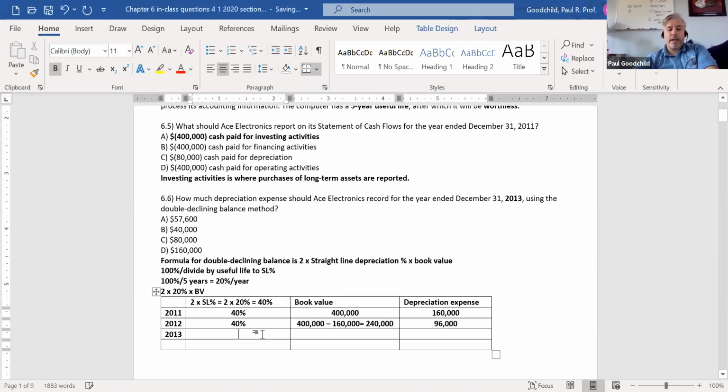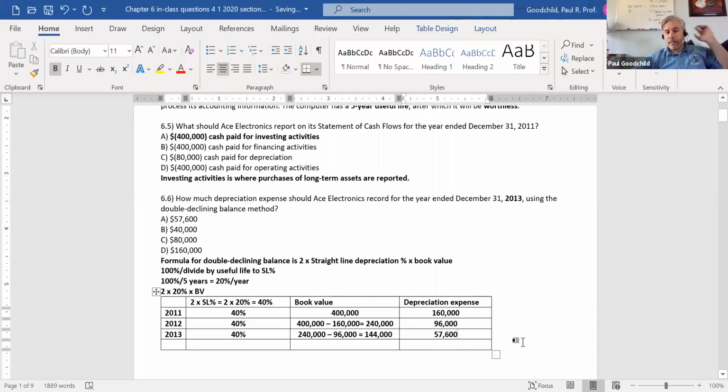And so now we're at 2013. We have 40%, 240,000 minus the 96,000 equals 144,000. And so now 40% times 144,000 is